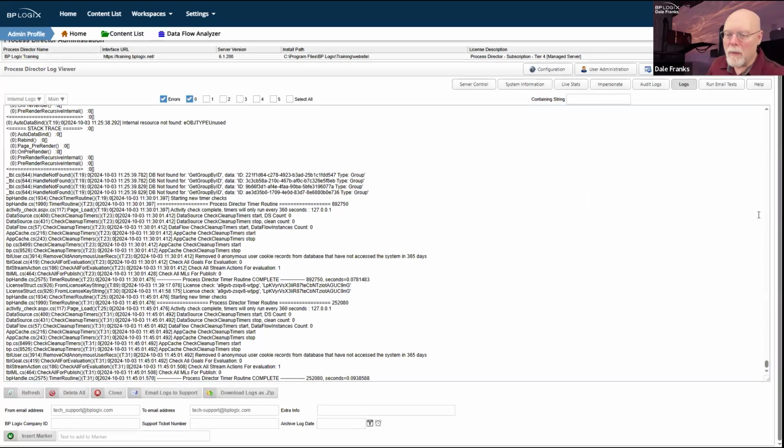The super important one, of course, is the internal log. This is the log that logs everything that's happening on the system. Again, standard logging level 0. We may ask you to temporarily bump this up to 2 or 3 and do something and then see what the log says, or export the logs and send them to us. But that's generally something we'll only do on a temporary basis. In general, when you're looking for what's happening on your system, it's the internal log that you want to go to. Sometimes tech support asks you to send us the logs. You can always click download logs as zip.